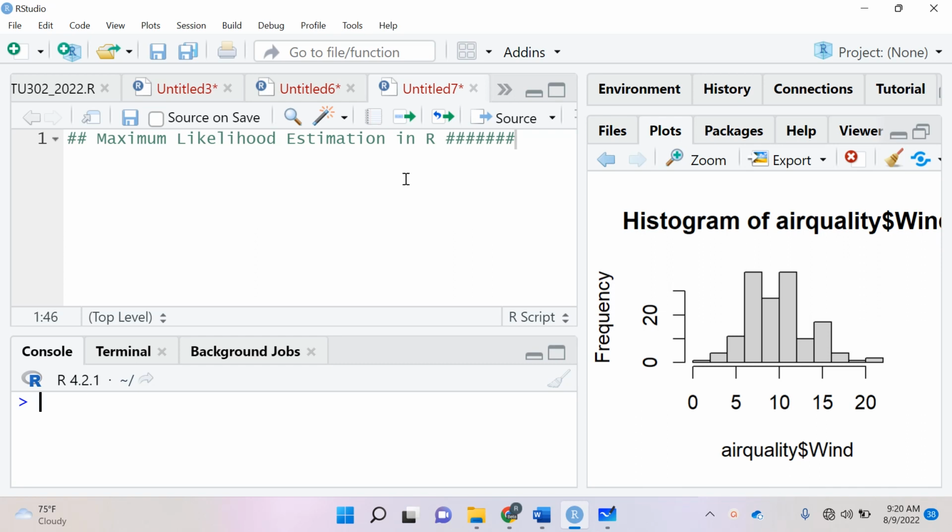So in this video I'll discuss maximum likelihood estimation in R. Now, there are two ways in which we can do this. So we'll say two ways or two methods. Okay, so first of all, the first part, A, will be through